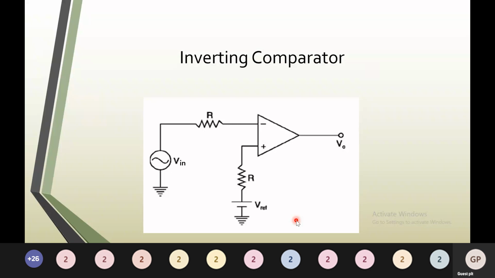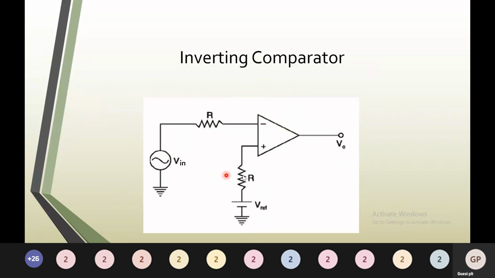Now the logic remains the same, the concept, the working of the circuit remains the same. Since you don't have any feedback here, this will be comparing the two voltages which it receives. One is the input voltage, and the other is the reference voltage. Whenever input is greater than V reference, the negative input is greater, is it not? So the difference is negative, and therefore output will go to minus VSAT.